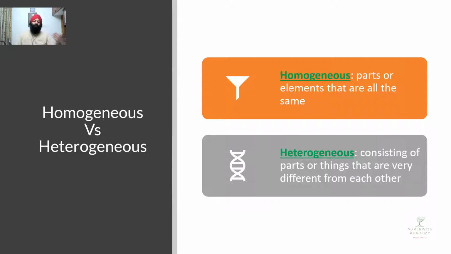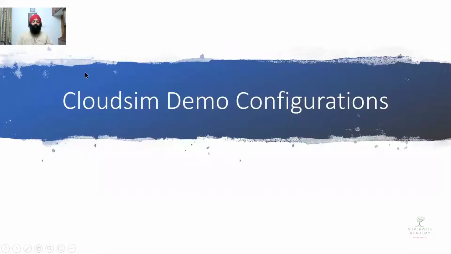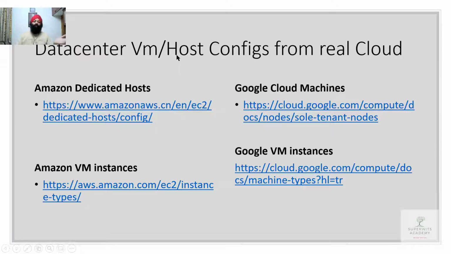So with every cloud-based service provider, you will find that over a period of time, they add certain sets of hardware, and that hardware will definitely be an advanced version or advanced generation of the previous version. So there will be different types of hardware. The general lifespan of a particular hardware is around 4 to 6 years, depending upon what sort of service provider it is. And the same thing applies to the VM configuration. So we are talking about the data center, virtual machine, and host configuration in terms of a real cloud.